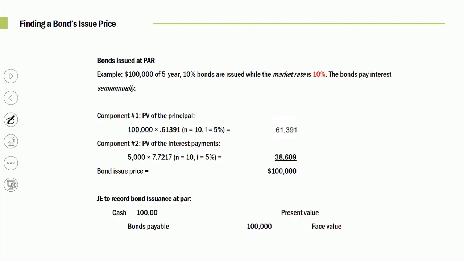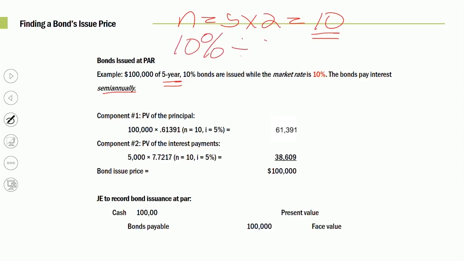Okay, so you could see if somebody foolishly did all the math, well, what would they have to do? Well, 5-year term, what's our number of coupon payments? Well, how are we paying interest? Semi-annually. So 5 times 2, our number of periods, 10 periods. Remember, the discount rate is always based upon what the market rate is, but the market and the coupon are one and the same, but you take your 10%, divide it by 2, 5%. So I want to find the present value factor for the principal, the present value of 1. Remember, that's a one-time payment at maturity. So the present value of 1 corresponding to 10 periods at a market rate, periodic rate of 5%.